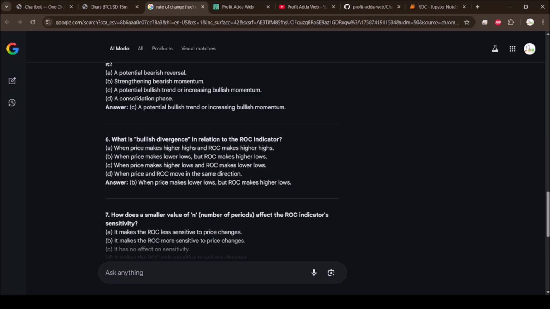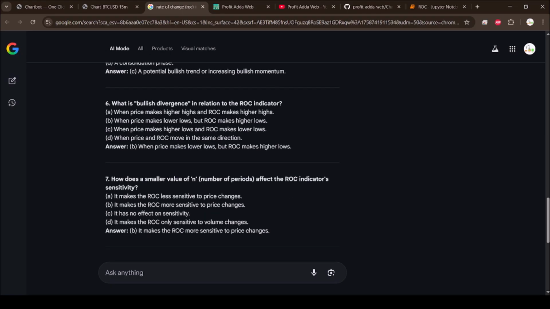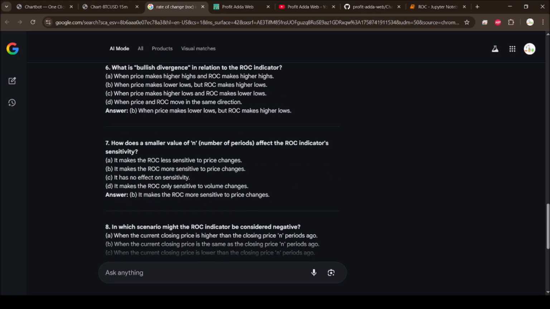So price makes lower lows, but ROC makes higher lows. Okay, so divergence you can see from that one. Okay, how does a similar value of n affect the ROC indicator's sensitivity